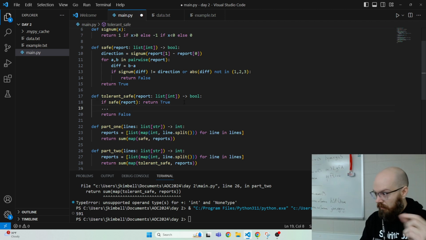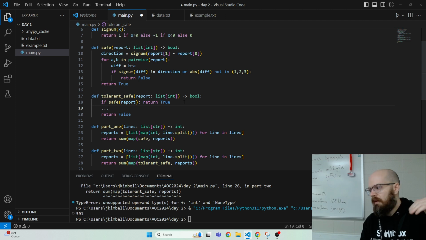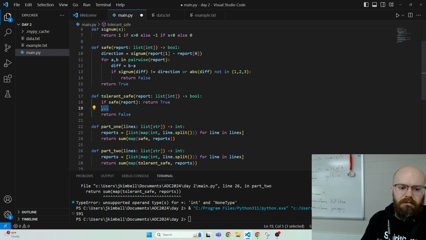which means in between here we put the new thing, right? The thing that's going to bring our answer up a little bit, because all the ones that qualified before still qualify. They don't need to remove one. But if they can be safe by removing one, that's fine. Okay. So then we're going to do like,